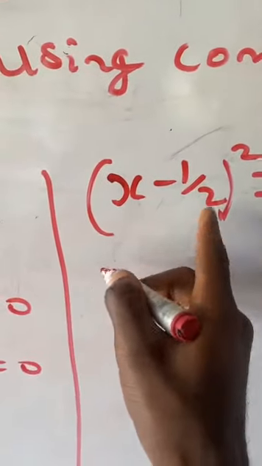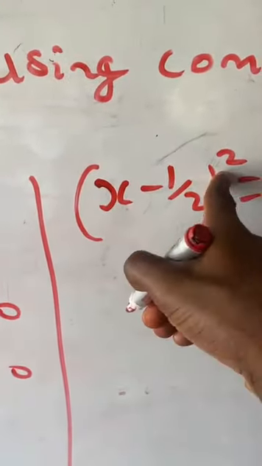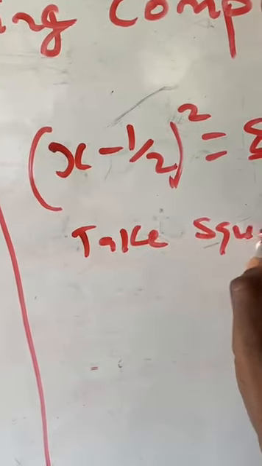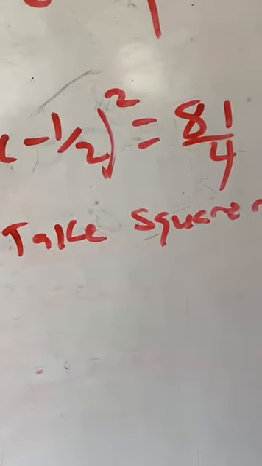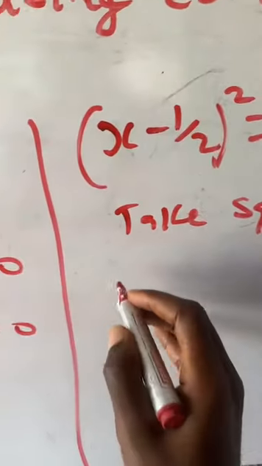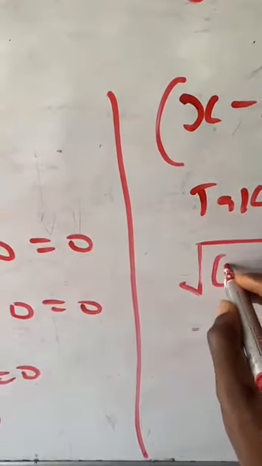Now I have to remove the square. To remove the square, I have to take the square root of both sides. So taking the square root of both sides, I have the square root of x minus 1 over